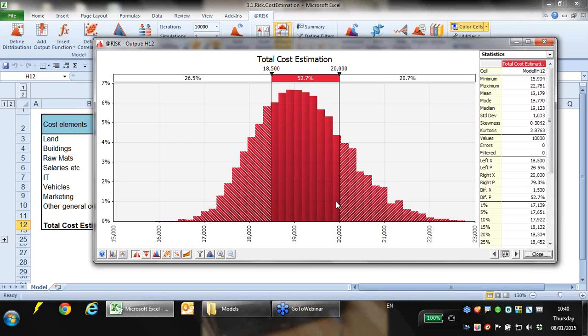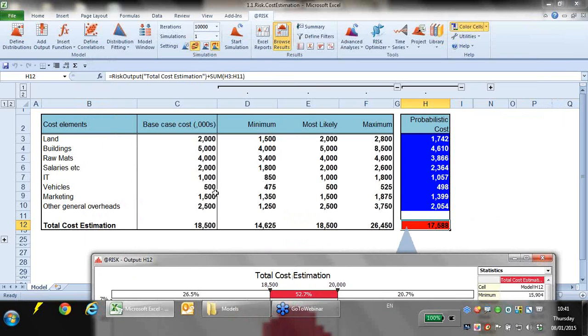At its most simplistic, this is what @Risk does. We take a model, we put in probability distributions, we run a simulation, and then we look at the results, and then ultimately we make some decisions based on those results, and those decisions now have an extra dimension to the deterministic value, because it's all very well saying, okay, this project is going to cost 18.5 million,